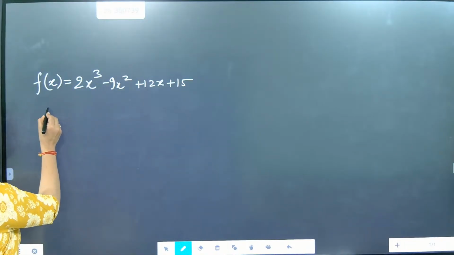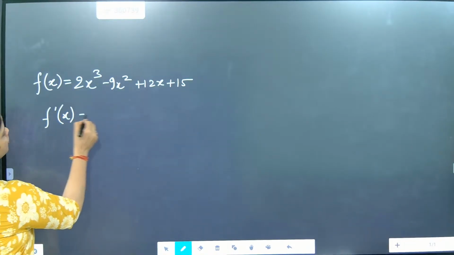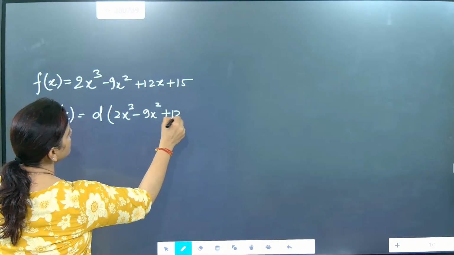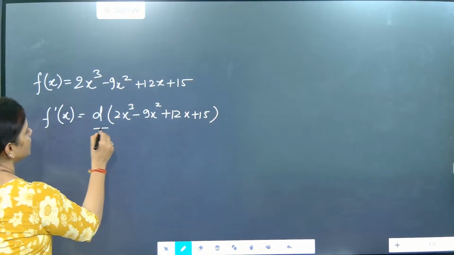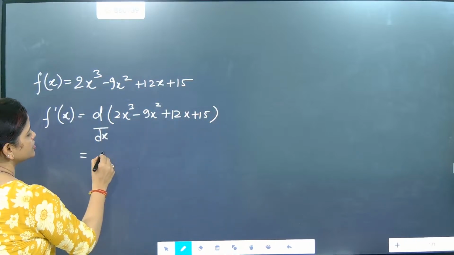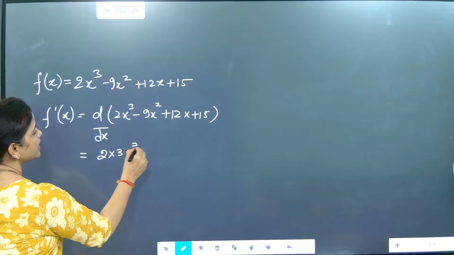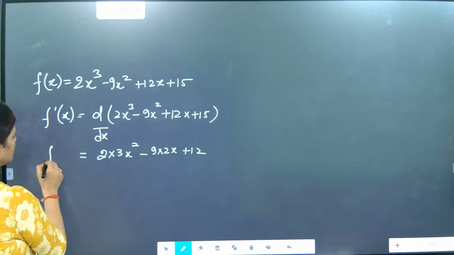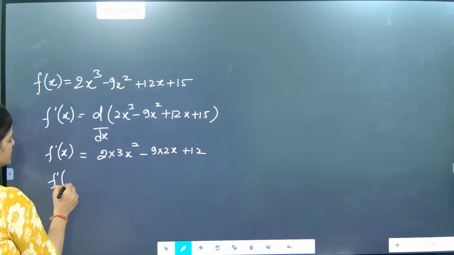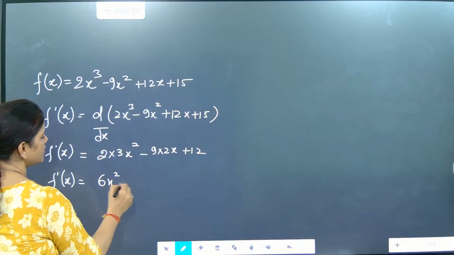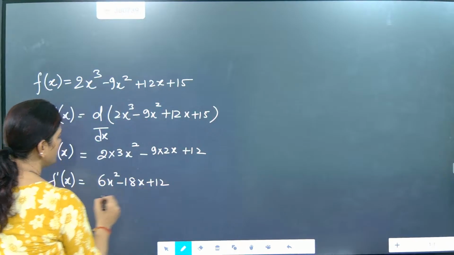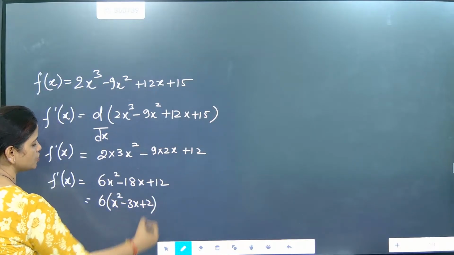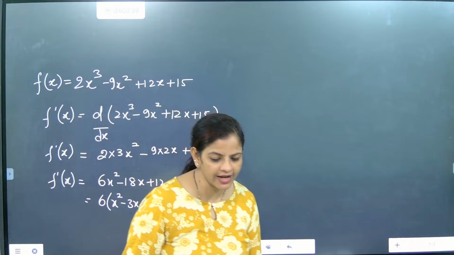Now look here, first what we are going to do is differentiate it. So f of x is 2x cubed minus 9x square plus 12x plus 15. Now d by dx you are doing. When you are differentiating it, it will become 2 into 3x square minus 9 into 2x plus 12. So f dash x is equal to 6x square minus 18x plus 12. Now we will take 6 common. It is x square minus 3x plus 2. Now for an increasing function, it should be greater than